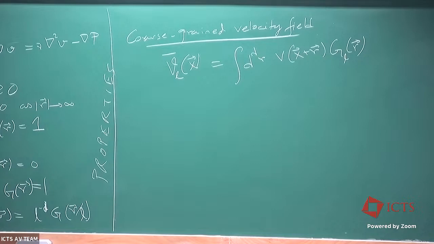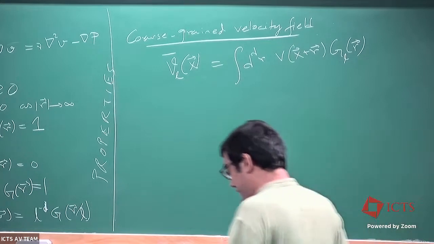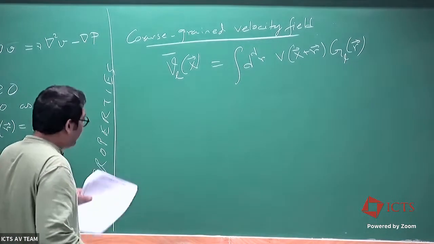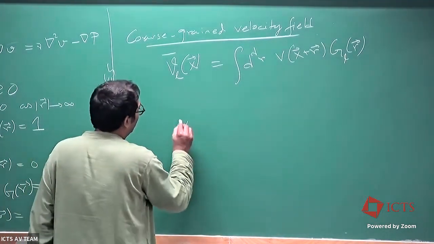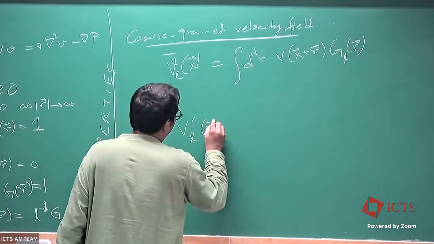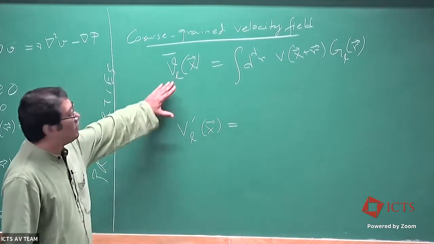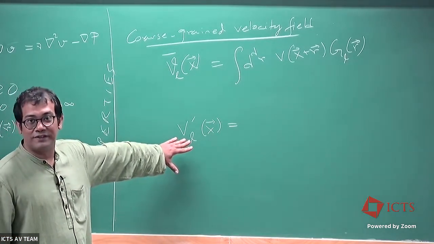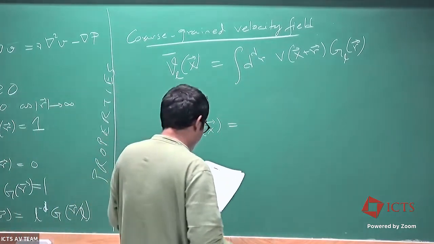Intuitively, physically, if this is my velocity field and I'm sitting in this grid, then I've put this kernel on top of the field. You can think of this as a Gaussian if you want, it really doesn't matter, which is going away far enough. And so I'm integrating the velocity on top of this kernel to get an effective coarse-grained velocity field. And then we eventually derived in the last class the notation we had used, which was the complementary high pass velocity filter for this, which will just be equal to